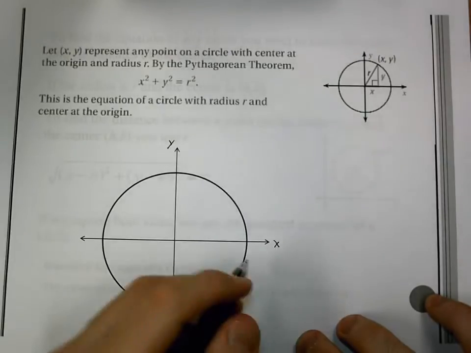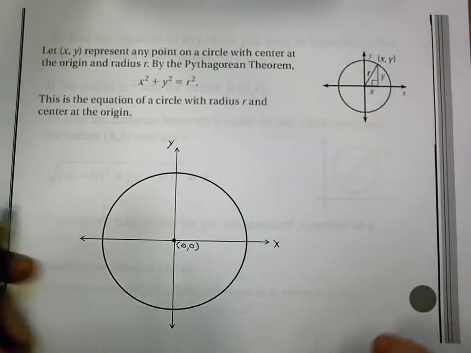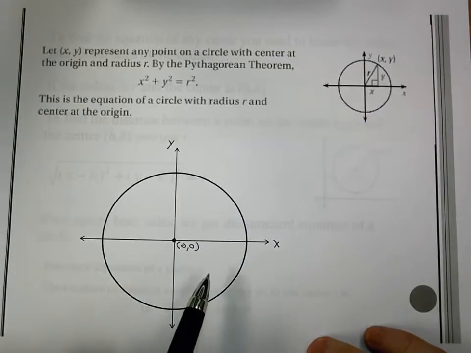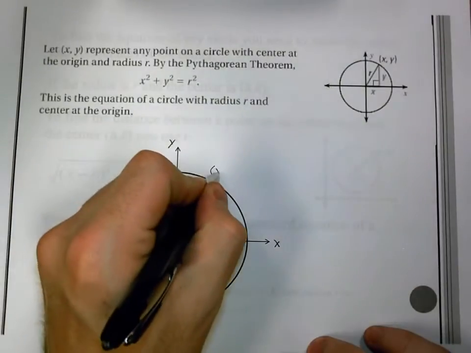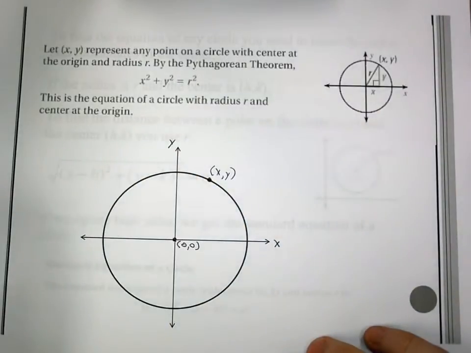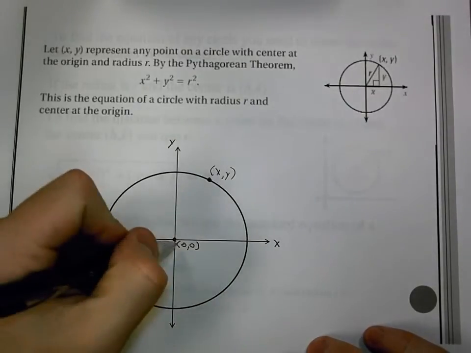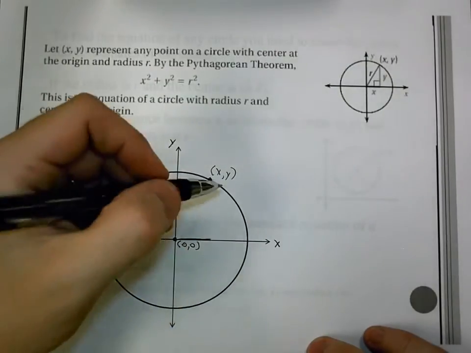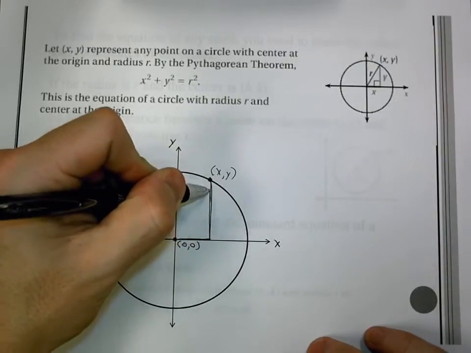So, I have my x-y axis, my center is at the origin, 0, 0. And I'm going to pick a point, doesn't matter where on the circle, and just think of it as x, y. Doesn't need numbers, it could be anywhere on the circle, but there's some point here, x, y. Now, if I asked you, how would you get to that point if you're at the origin? How would you graph it if I gave you the coordinates? You'd likely go over on the x-axis the amount of the x value, and then you would go up its y value